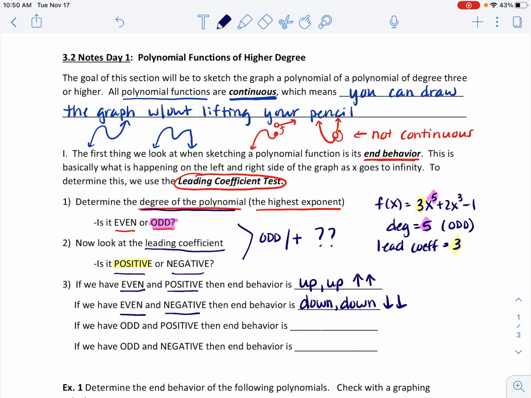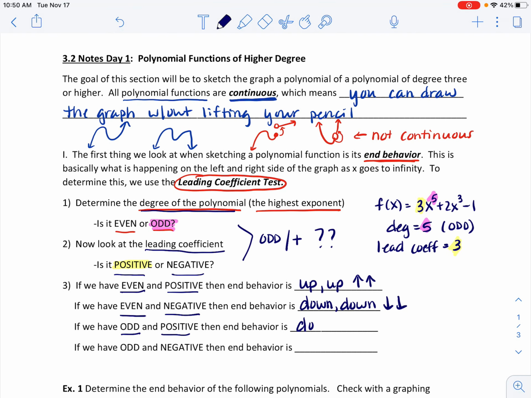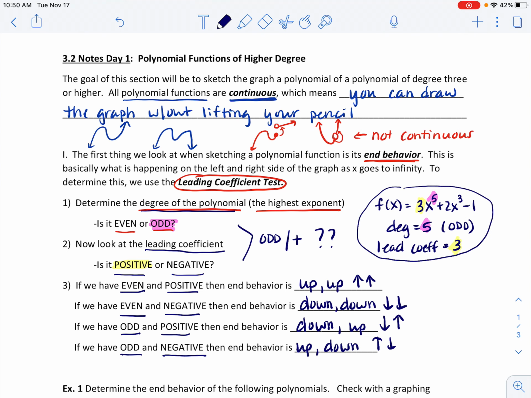Okay, if we have odd and positive, that means your end behavior is going to be down, up. And if you're odd and negative, that means that your end behavior is going to be up, down. Now look, in this example, what would the end behavior be? Well, we had odd positive, which is where we are, so that means our end behavior would be down, up